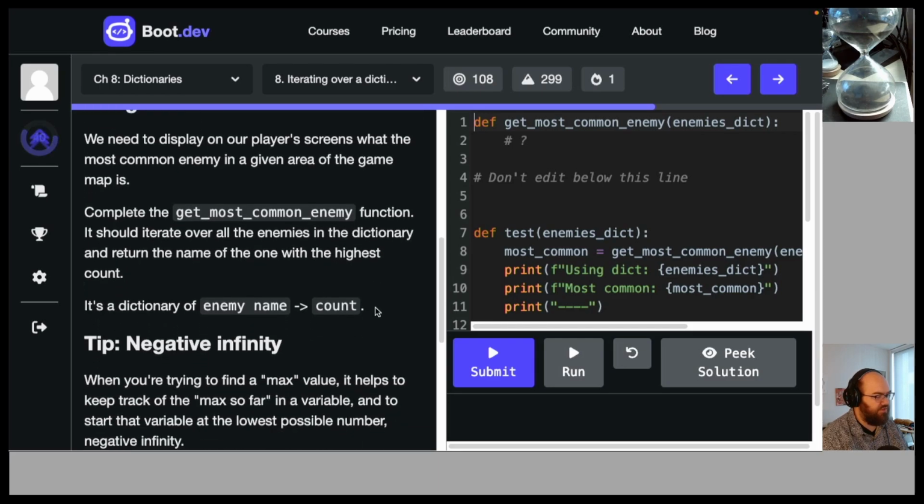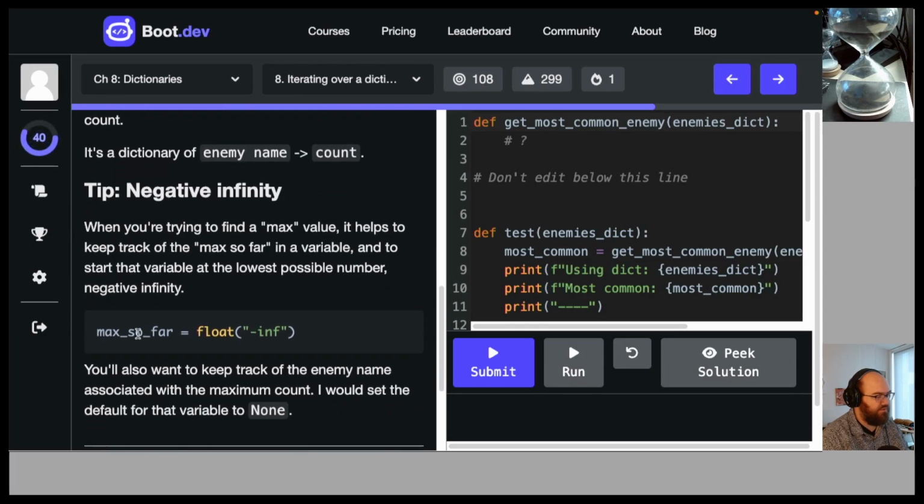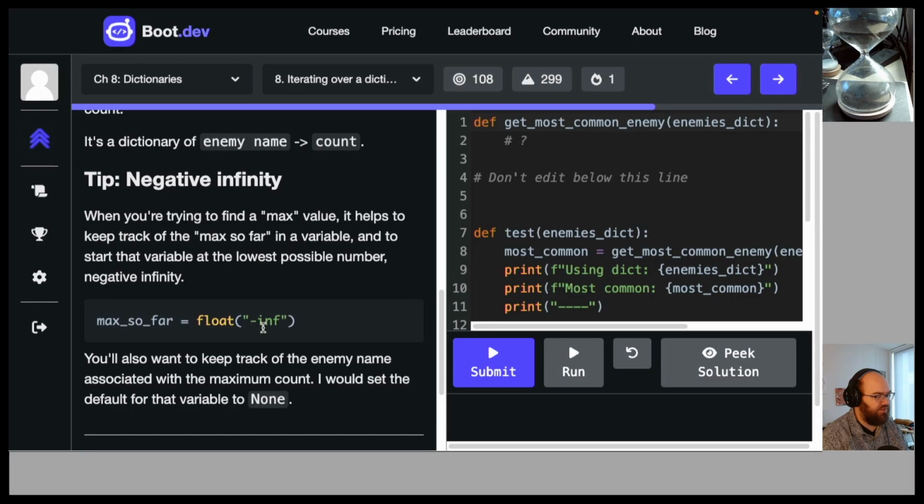Tip, negative infinity. When you're trying to find a max value, it helps to keep track of a max so far variable and to start that variable at the lowest possible number, negative infinity. Max so far equals float negative infinity. You also want to keep track of the enemy value associated with the maximum count. I would set the default value for that variable to none. So given that hint or tip,